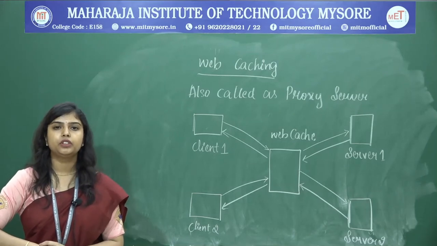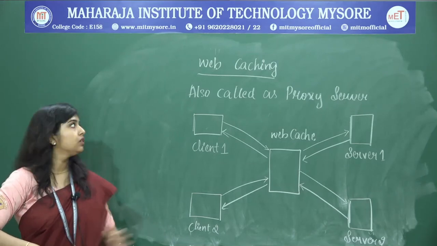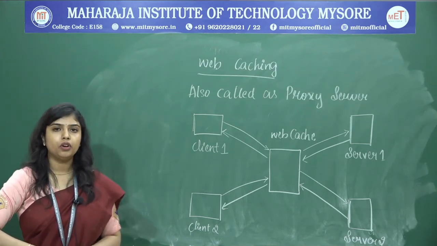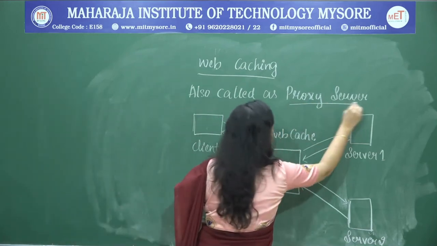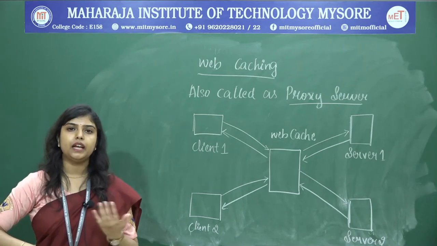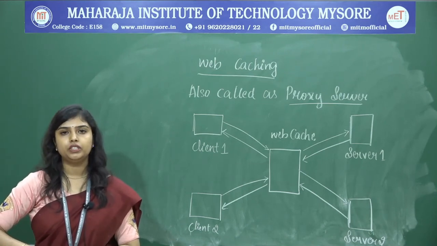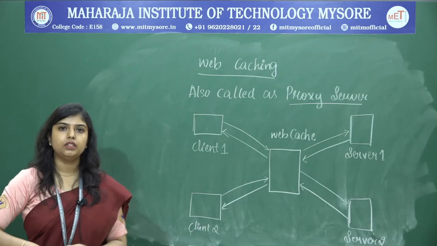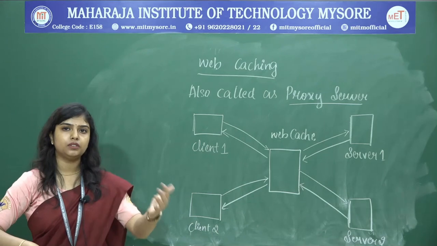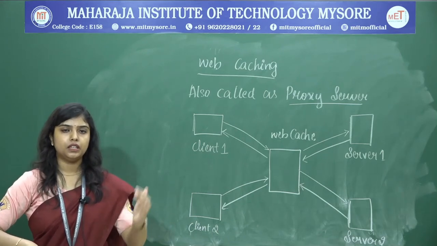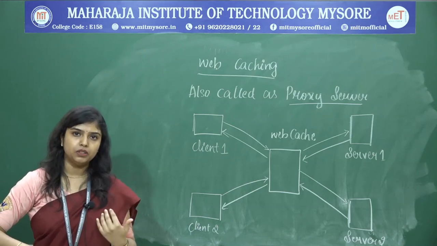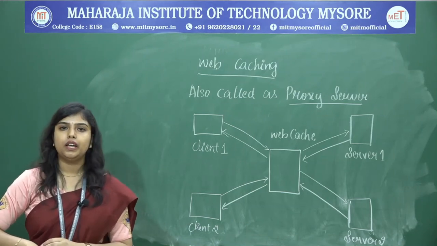The next topic which we are going to study under web and HTTP is web caching. Web caching is also called a proxy server. As the name itself says, proxy server, that means it acts on behalf of the original server. That means now a client has requested an object, and instead of going to the server and requesting the object, the server has to go through all of its database and get the object and then send it back to the client, isn't it? This may take a longer time.